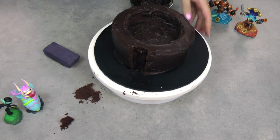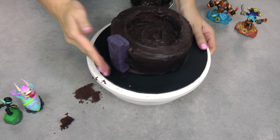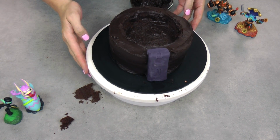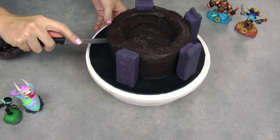Take some of your fresh ganache and just use a knife to apply it to the inside of where you've just cut, and then push that turret into place. The wet ganache is going to help it stick and make sure it's not going to fall off the side of your cake. Loosely position all of your turrets before you go cutting any more of them,